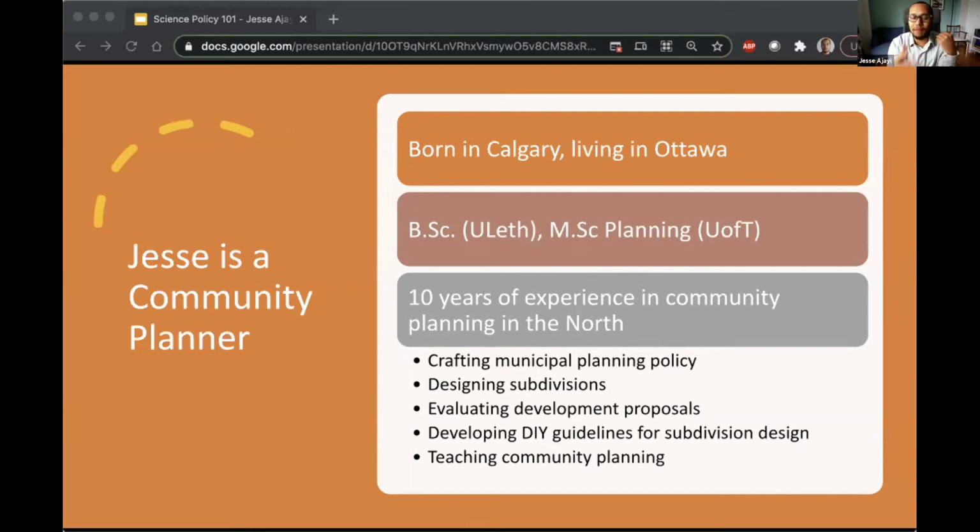And I think that's a useful framework to think about where your research might hook into policy and into communities, not necessarily aiming at an expert practitioner, but aiming at really anybody and everybody on the ground who has some capacity, some interest and some ability, and can be a part of the implementation process for the projects that you want to be involved in. And then I teach community planning, a couple of courses, typically in fall and winter. So that's enough about me.